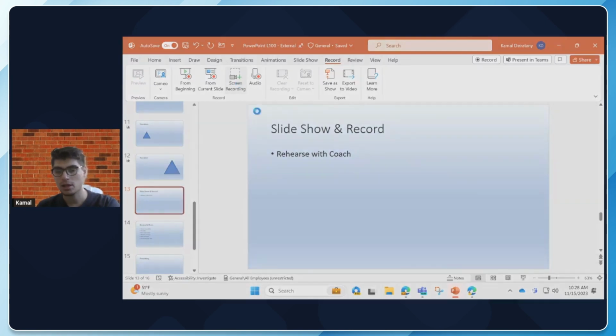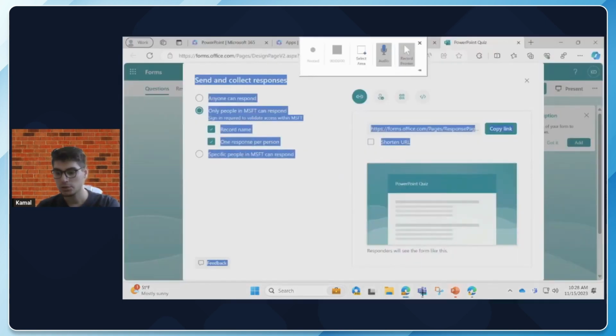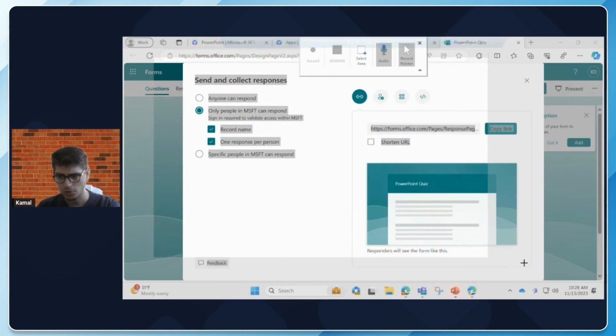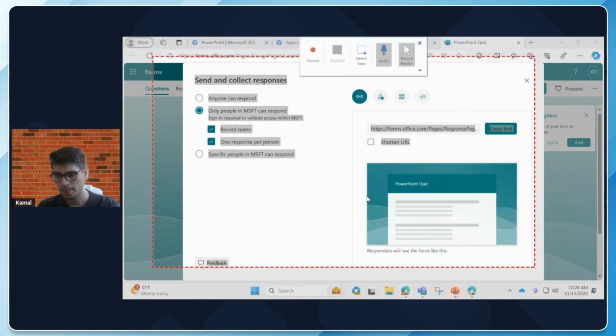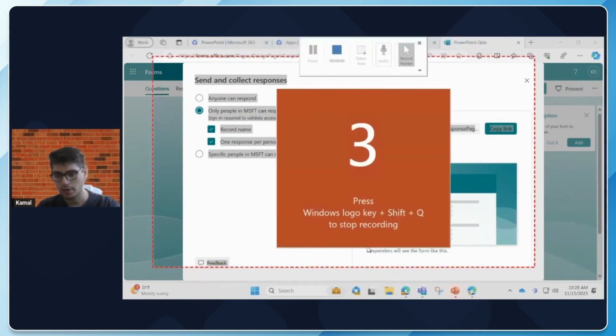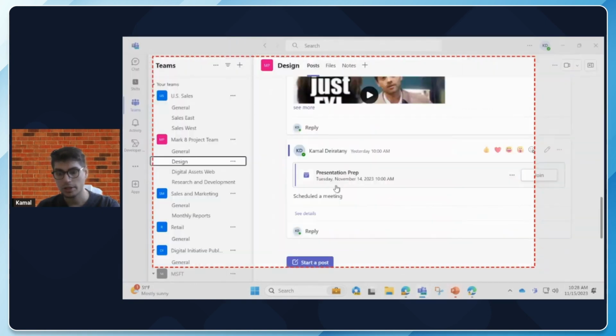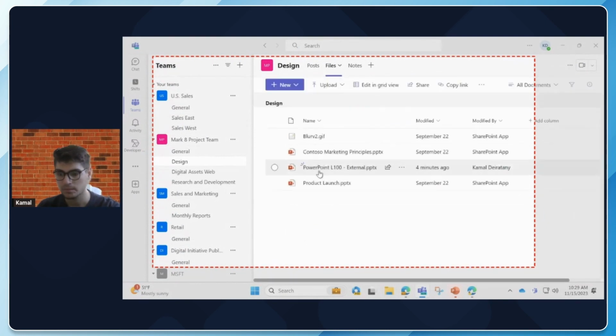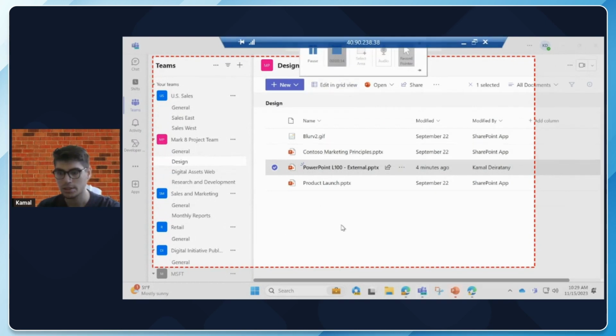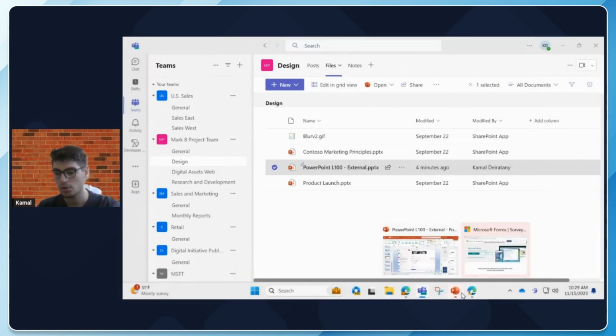So I'm going to go ahead and click on it. And then you can select which tab you want this to use. And then let's say I want my whole screen. Actually, I'll do a small section of my screen, right? And then you can hit the record button. And now it started recording. I'm in Microsoft Teams. I want to show my team members where this specific document is. So I'm going to go to Design, Files, and my presentation is right here. And I'm done. I'll just hit the stop, and you'll see this recording pop up